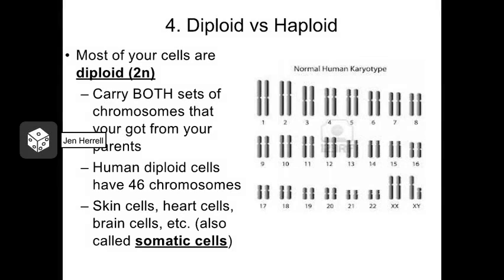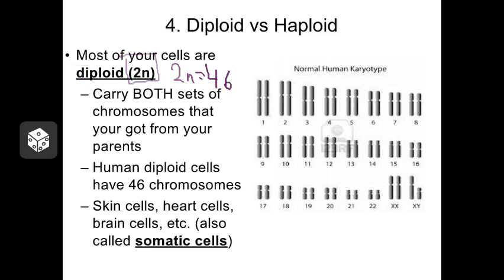Now, I told you earlier in this lecture that human cells have 46 chromosomes, and that is still true for most cells. However, some cells can differ in the number of chromosomes that they carry. So let's talk about that. Let's start with most cells. Most cells in the human system are what we call diploid. Di stands for two. So what this word means is two sets of chromosomes. We can represent this with a number called 2n. And for human cells, we say that the 2n number is the magic number 46.